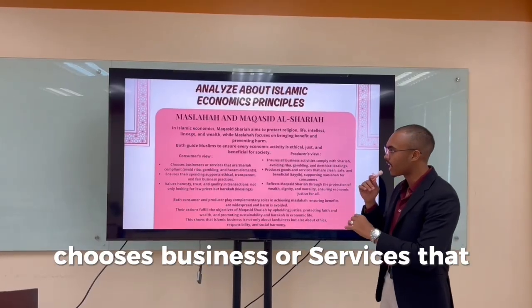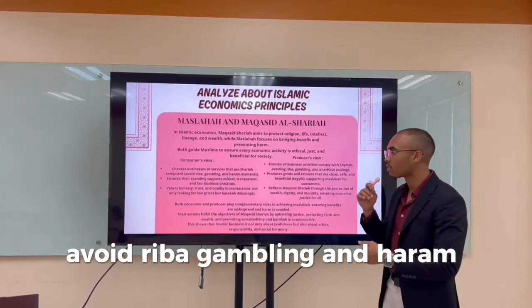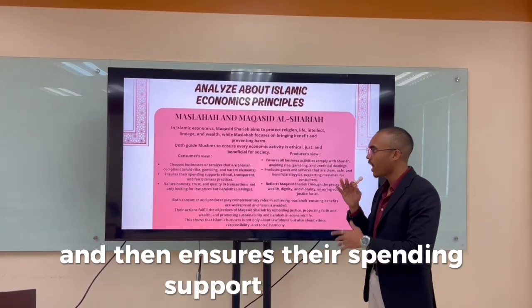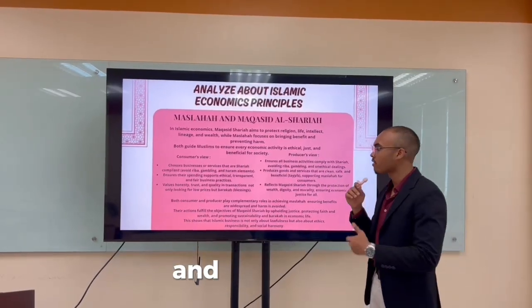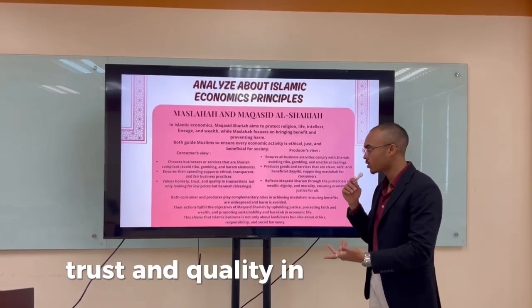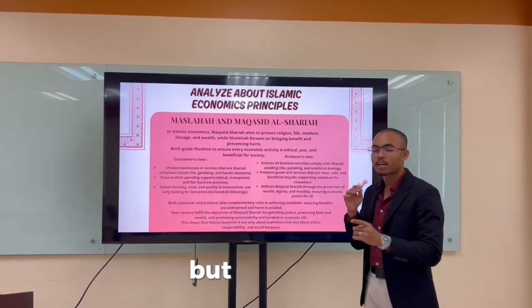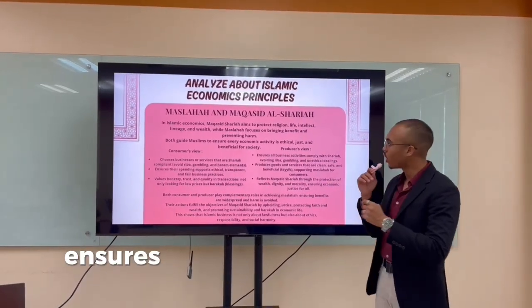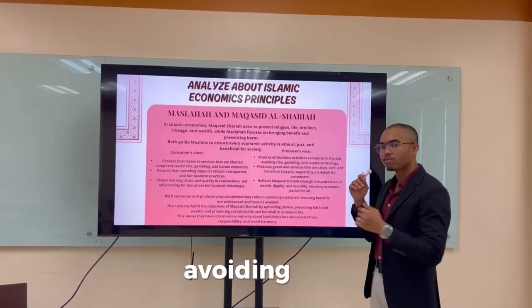Consumers choose businesses or services that are Sharia compliant, avoiding riba, gambling, and haram elements, and ensure their spending supports ethical, transparent, and fair business practices. They value honesty, trust, and quality in transactions, not only looking for low prices but barakah. And then for the producer's view, they ensure all business activities comply with Sharia, avoiding riba, of course, gambling,